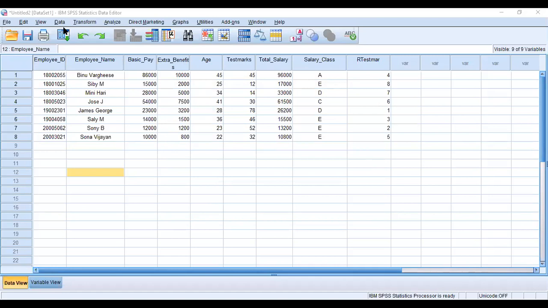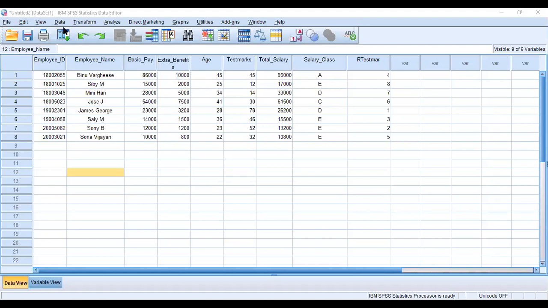We can give nominal as the measure, no problem. Fine. Only one variable I have given, car color. Next, we are randomly giving the colors to the data. In the data, we are giving the colors randomly. Given in the question, first one is white, right? White. Next is red.